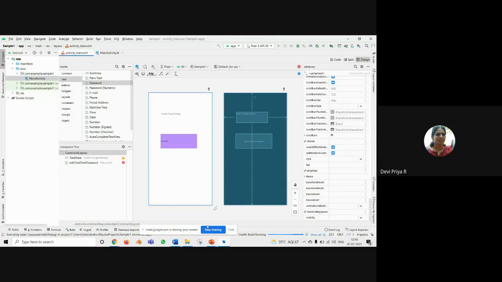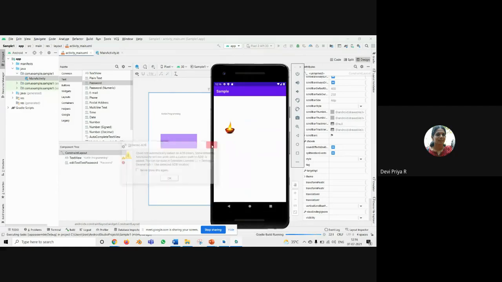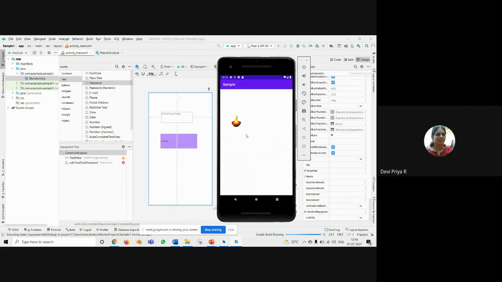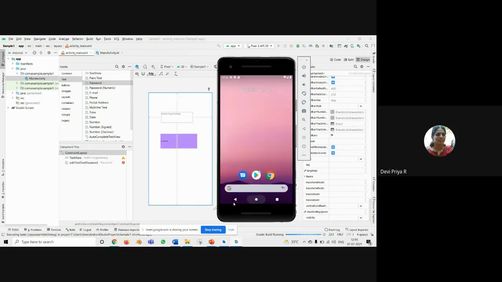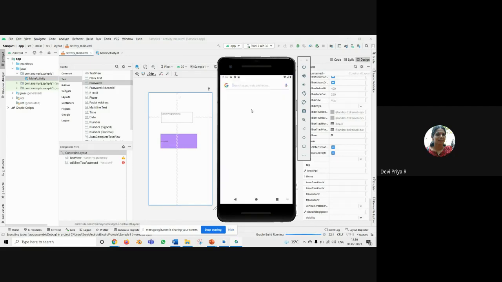When you are opening a project for the first time and starting, it will take some time. See, I have already created some projects, so that is being displayed.